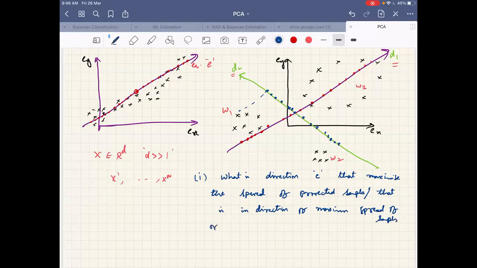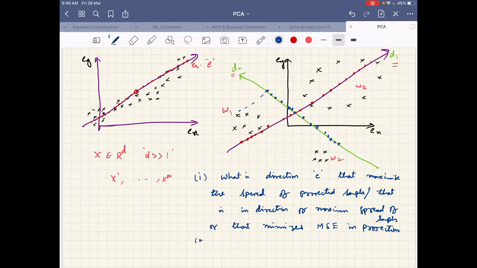Okay, or that minimizes, what? Minimizes mean square error in projection. Okay, fine. So this is what we want to find out.